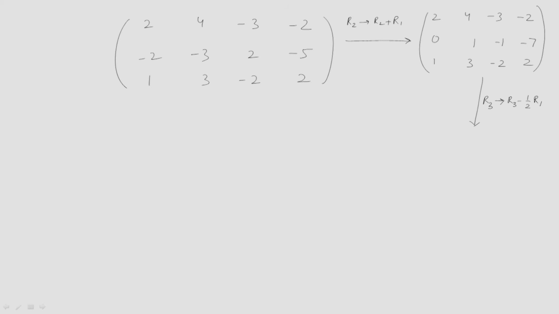Okay. So, it is 2, 4, minus 3, minus 2, it is 0, 1, minus 1, minus 7, it is 0, it is 3 minus 2 is 1, then it is minus 2 and it is plus 3 by 2, that is minus 1 by 2, then it is 2 plus 1, that is 3. Okay. Now this is okay, and this is to right of this side. Now below this element make all the elements 0.